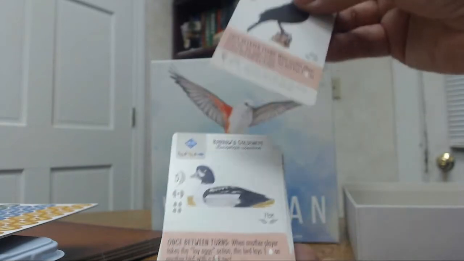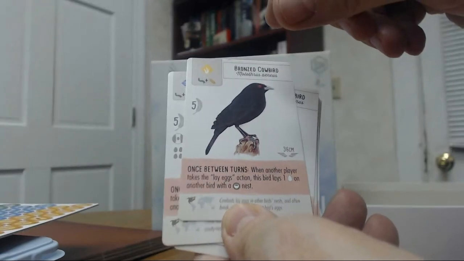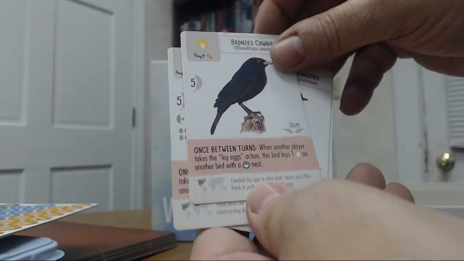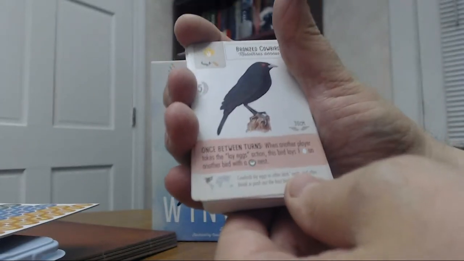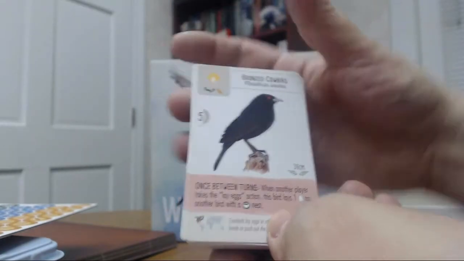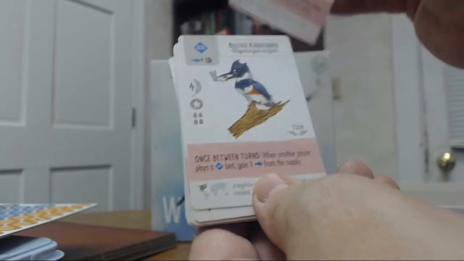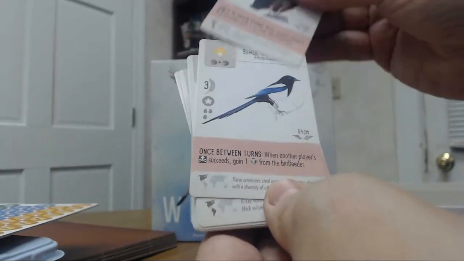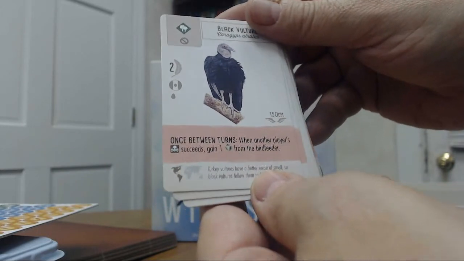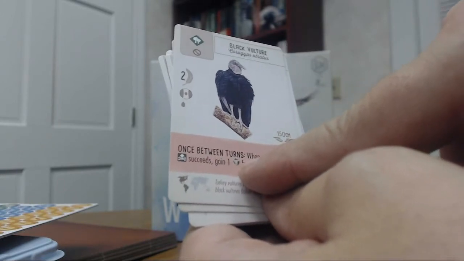So, okay, now these right here have once between turns. So when another player takes the lay eggs action, this bird lays one egg on another bird with a certain bowl nest, it looks like. So if you're playing with 5 players and you have four players in between your turns, you can only activate this once, even though more than one person may play it. You get to take it once between turns, so these could be very powerful if you have a bunch of these. So black vulture, it's a predator bird, so once a player's predator action succeeds, you gain 1 food from the bird feeder, so